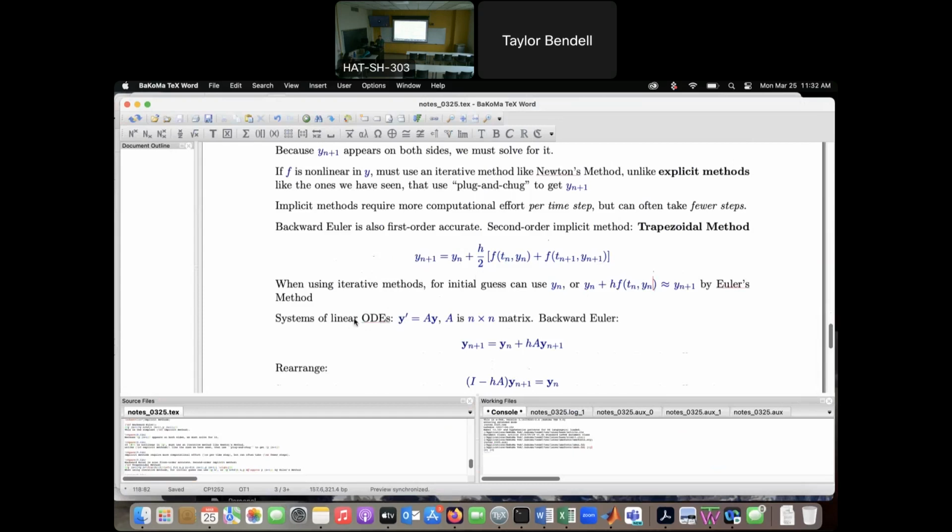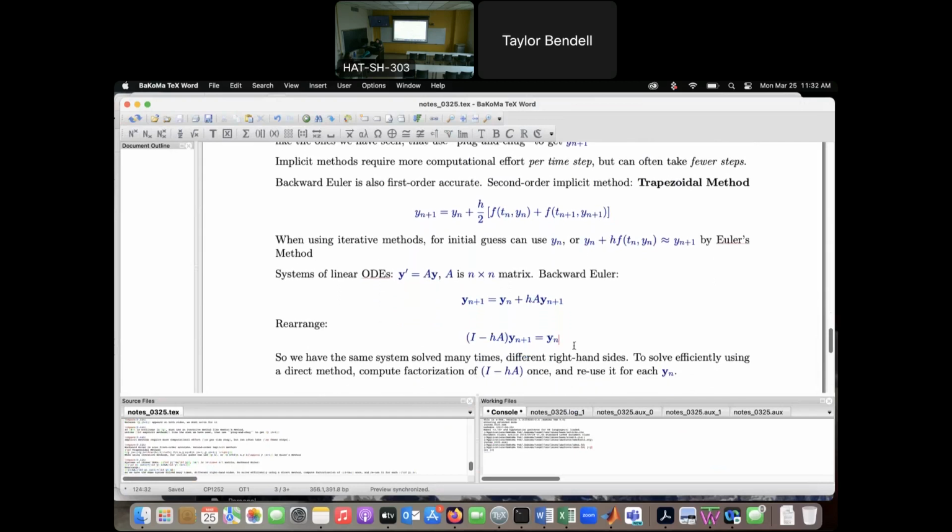For a system of linear ODEs, something in this form, like y prime equals Ay, y is a vector with n components, and A is an n by n matrix. So the backward Euler would look like this in this case. Then you rearrange all terms of y_{n+1} on the left side, and we get this. We have an Ax equals b problem, like from the first part of the semester. So we're solving a system of linear equations. This is our matrix. y_n, our previous solution, is on the right-hand side, and then our unknown is our solution